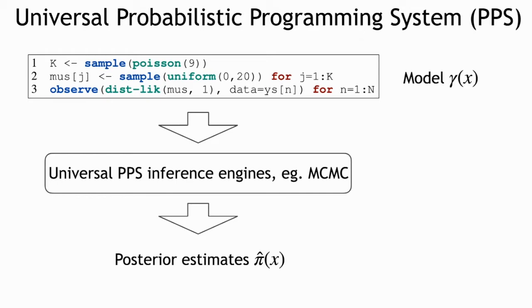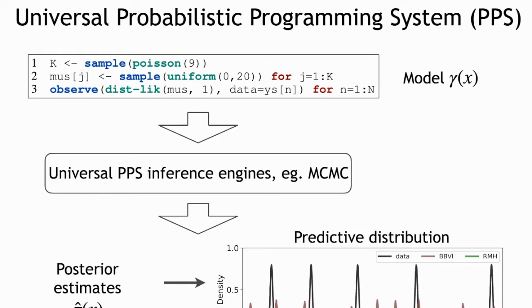Provided this estimate, I'm now ready to do prediction. However, if you look at the plot lower right here, they don't make sense at all. The black line is the KDE plot of my data, and the green and brown lines are the posterior predictive distributions from the estimates of MCMC and variational inference respectively. Neither of them seems to capture the pattern of my data.